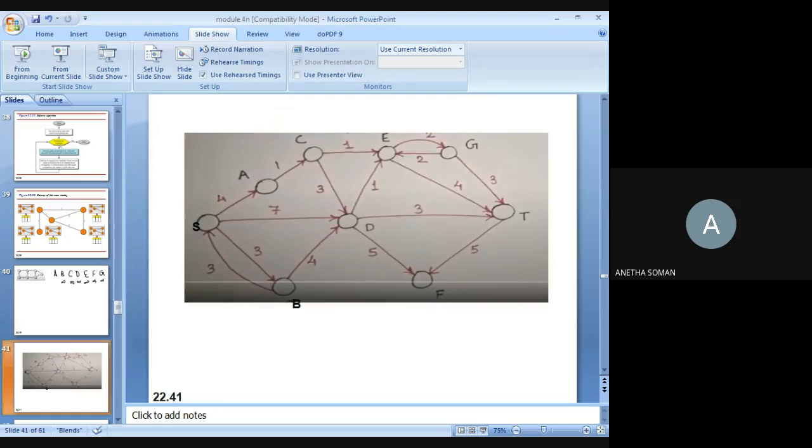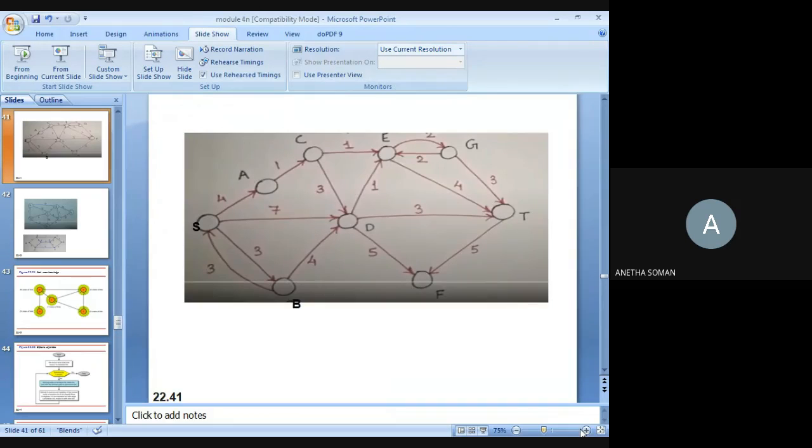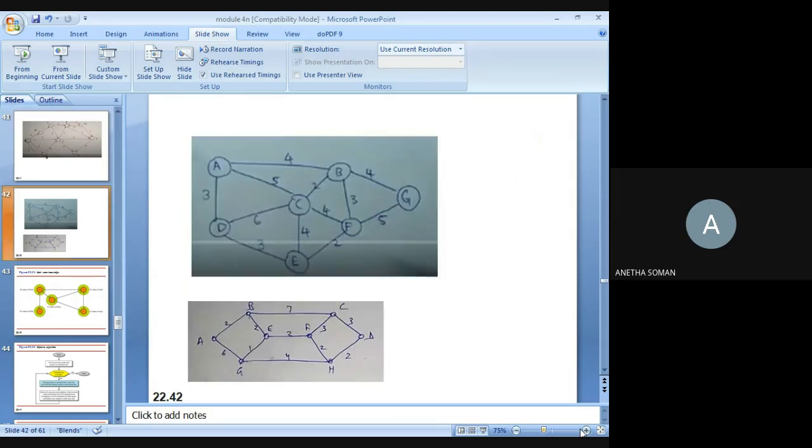Now, you can just take this problem as homework. This one you take. It is a little difficult for you to copy it. These two problems, you just consider and give me the answer in the next class. All of you take this down.